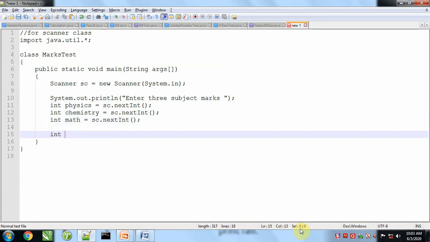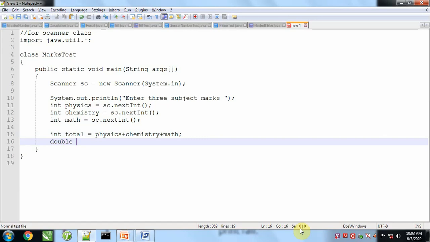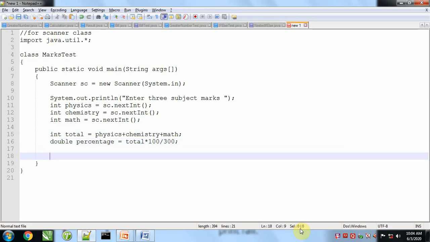Now I will calculate the total. And for percentage, we'll take a variable percentage and we'll calculate the percentage like this.